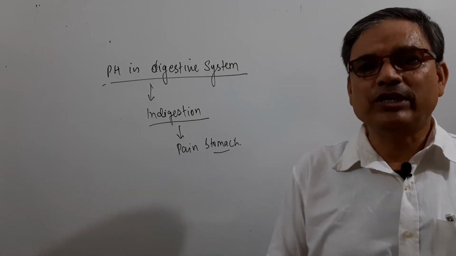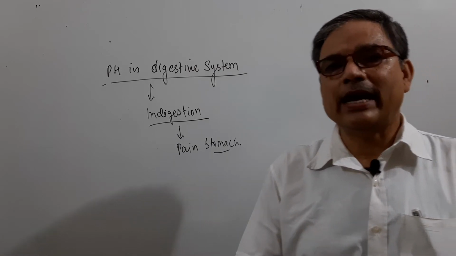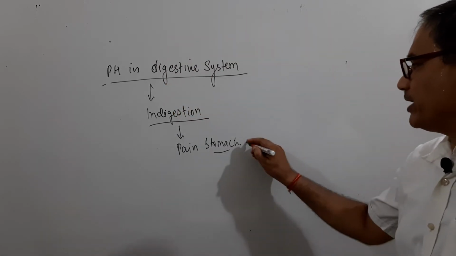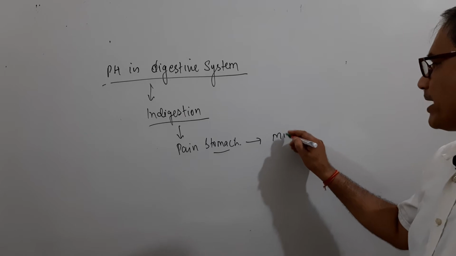To get relief from this acid formed due to the indigestion, this pain and irritation in our stomach can be reduced by taking a base, or we can say milk of magnesia,